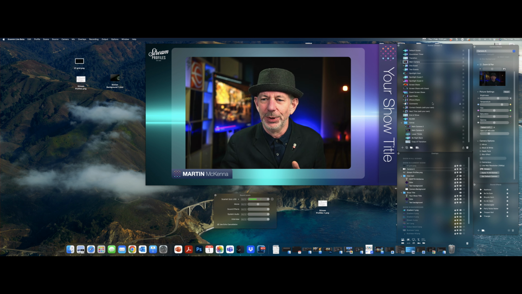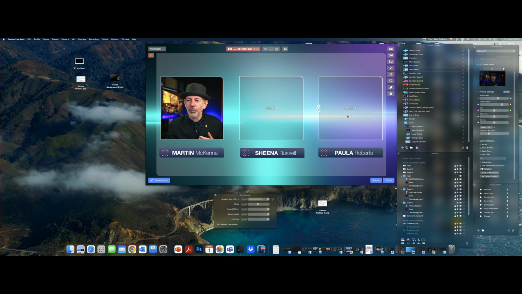Other things to note, I guess: if you've got two guests and if you've got one guest, then the camera in the center is guest one, the camera to the right is guest two. So just assign guest one and guest two when they come in on interview mode to those cameras, and they will drop straight in. Now you will have to go and change the text on each one of these scenes,